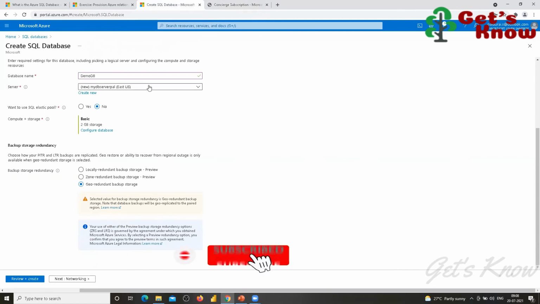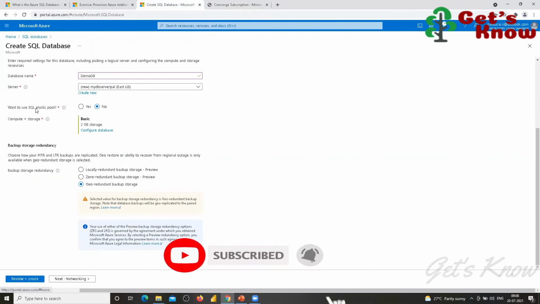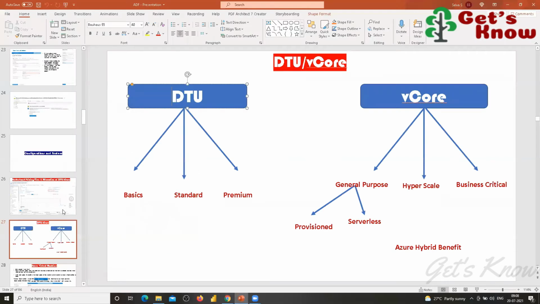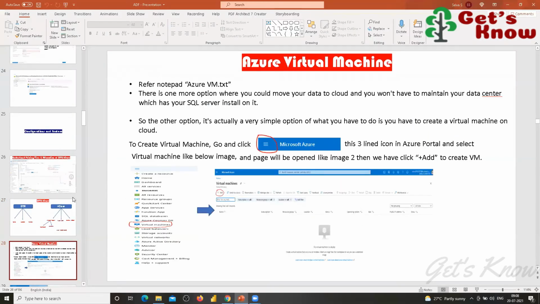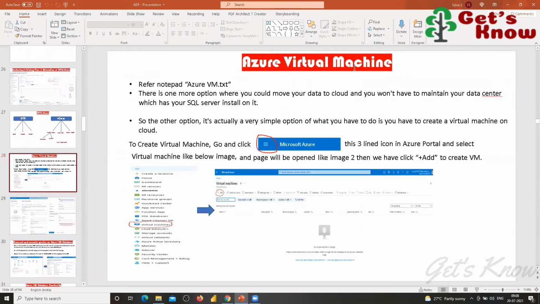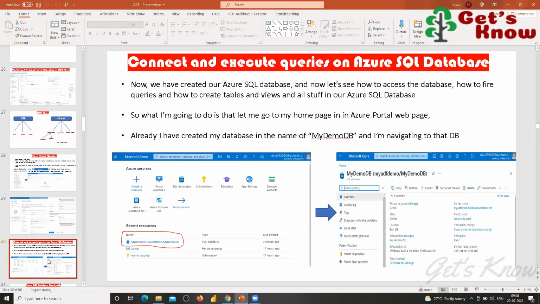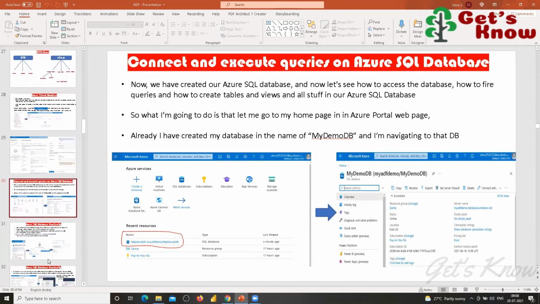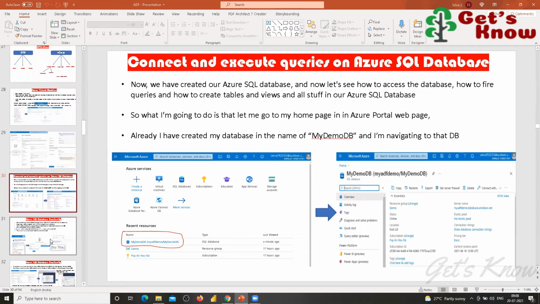Now come to this, do you want to use the SQL Elastic Pool or not? So what is the SQL Elastic Pool first? Later we will come to this, search Azure Virtual Machine, along with the SQL creation time, we will check that.